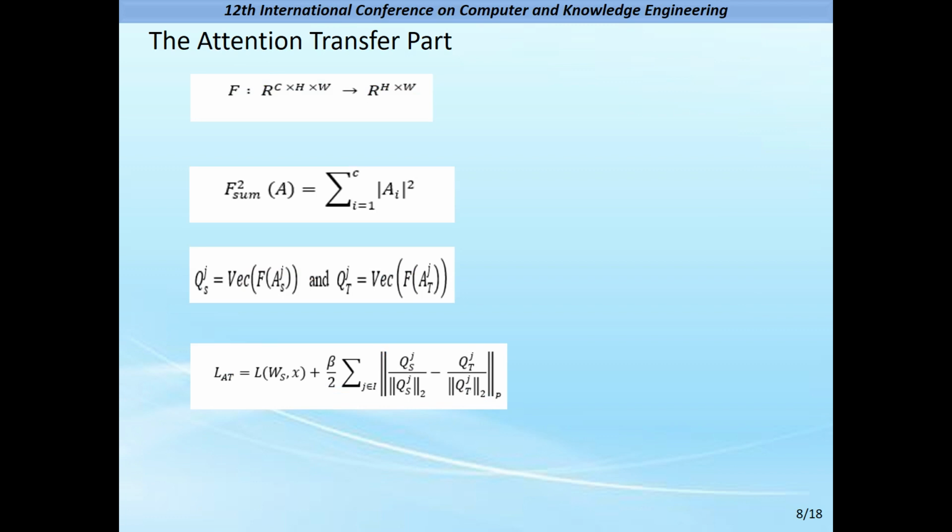Consider an activation tensor of a CNN layer with spatial dimensions H and W and C channels. The input of a mapping function based on activation F is a three-dimensional tensor and its output is a two-dimensional tensor defined based on spatial dimensions. Our assumption for defining a spatial attention mapping function is that the absolute value of the activation of a latent neuron indicates the importance of that neuron concerning a particular input. We adopt the following spatial attention map constructed by computing statistics of this absolute value